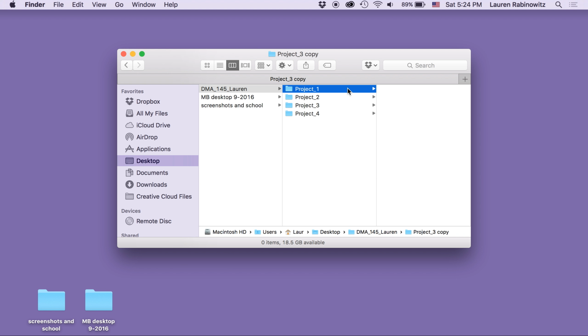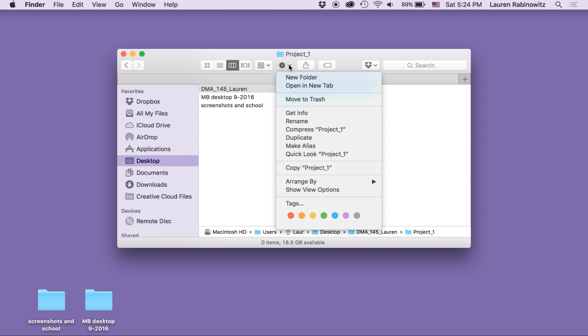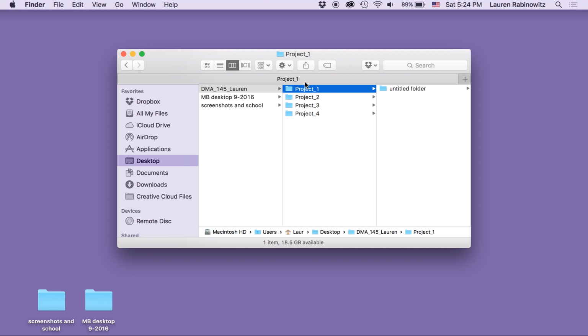folders. So working in project 1, because that's what we're working on right now for our historical figure, with the project 1 folder selected, you're going to go back up to that little gear icon, choose new folder, and create a folder called images. All the images that are associated with project 1 are going to wind up within that images folder. And this is what I mean when I say being organized and putting stuff in the right place is really, really important. Otherwise it can get really confusing and things can get lost,